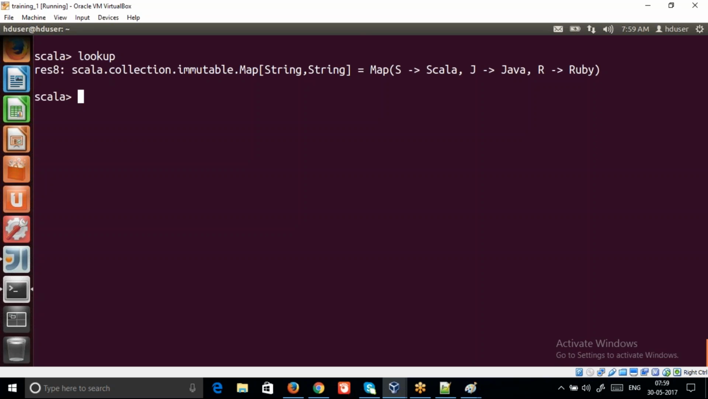So this is our collection, which is nothing but a collection of tuples. We know that it is a collection of tuples. This is the third element. So I want to get all the keys S, J and R from my lookup map collection. How do I get all the keys? So I can use